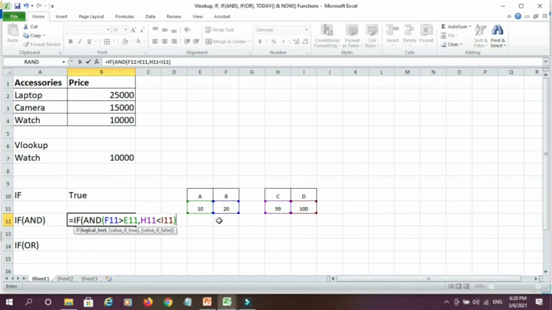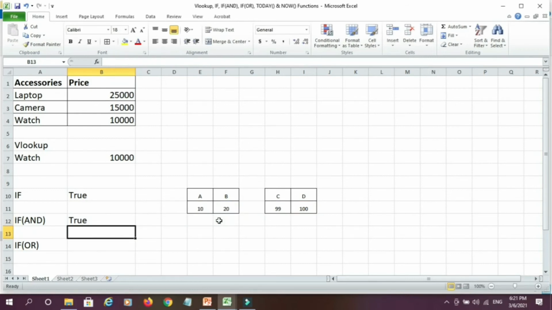And again I'll provide, if these two conditions are true, return me true, otherwise return me false. Bracket close. I'll press enter, so it is returning me true.